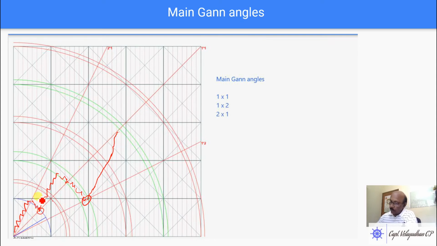So the uptrend will be intact, but there will be sideways movement. But the intactness will be there. That's why we said price above 1 by 2 is bullish. And as long as it remains above 1 by 1 it is strong, and when the price remains above the 2 by 1 line it will be extremely bullish, but this phase will not last long, maybe 5 days, 8 days, etc.